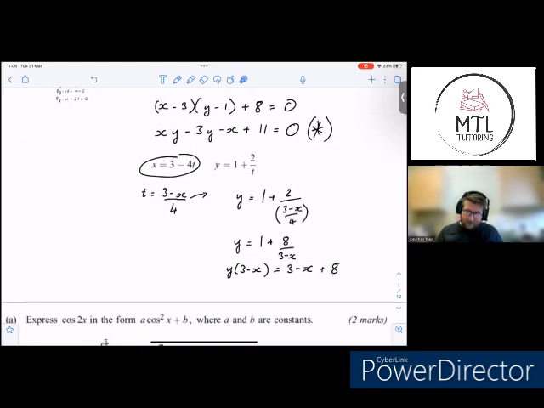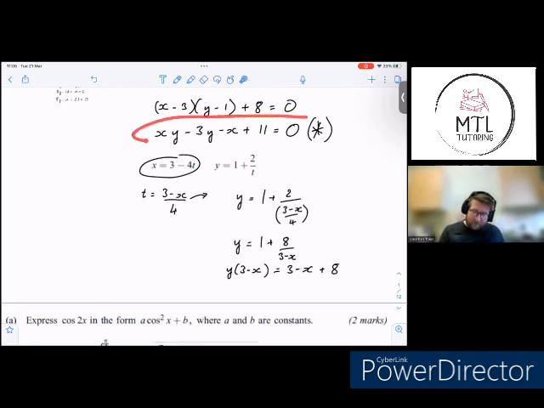See, we've got that x minus 3 bracket already. Anyway, let's just expand it all out because this is what we're trying to get to. So this becomes 3y minus xy equals 11 minus x. So move everything, well, actually, we've got a negative xy, so let's move everything to the